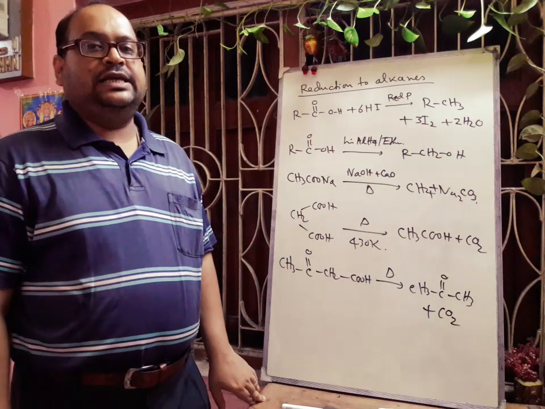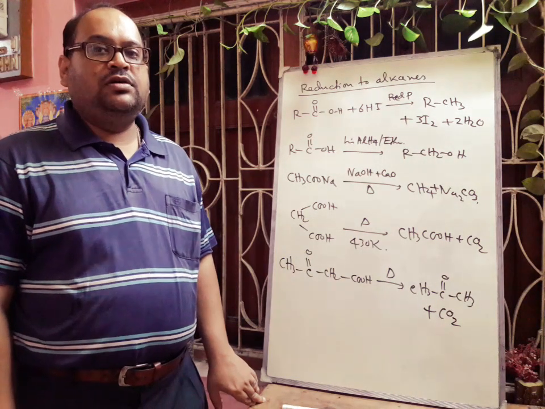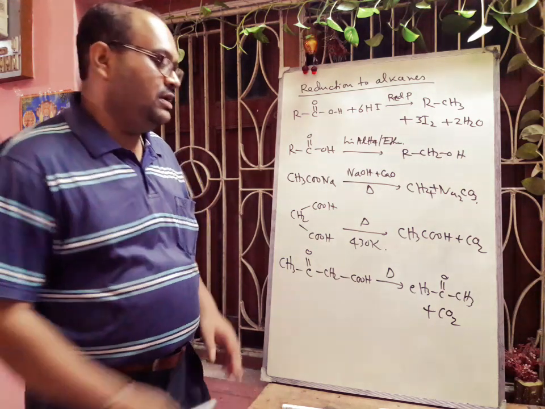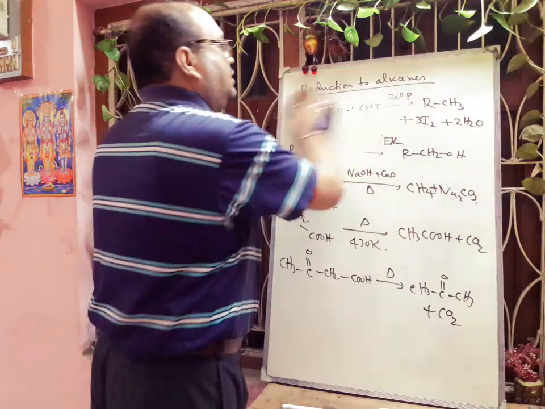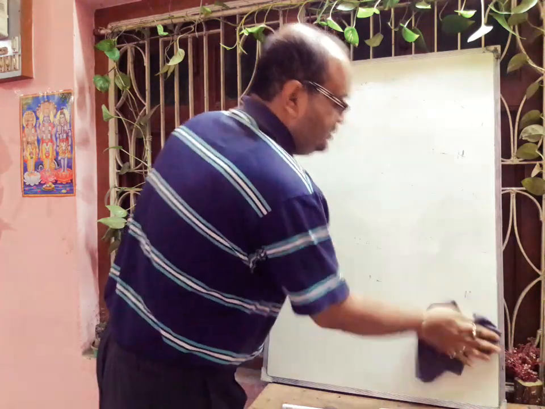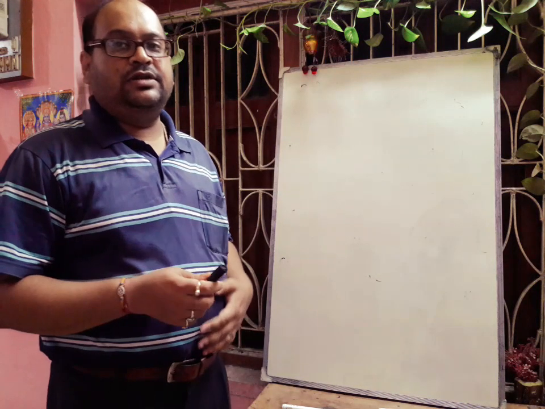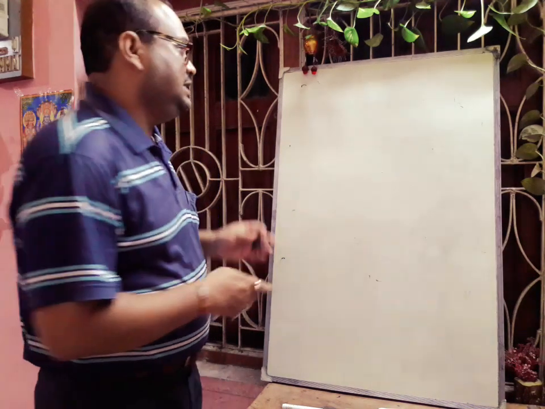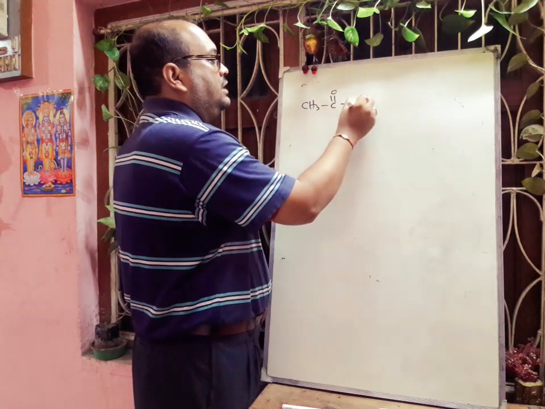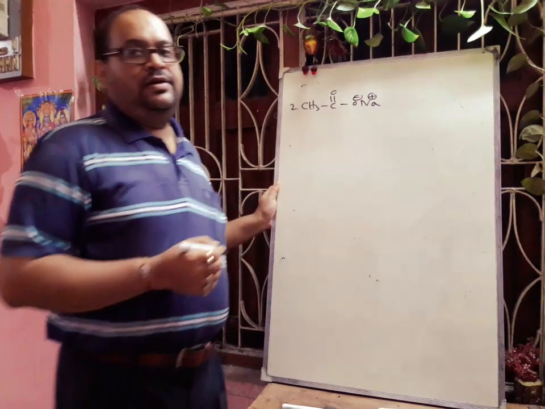Next we will discuss another reaction, that is Kolbe's electrolytic reaction. Aqueous solution of alkali metal salts of monocarboxylic acid yields the alkanes. Already in class 11 alkane part we have discussed this. Let me write the reaction so that you can understand. We have to do the electrolysis of the sodium salt of acid. Suppose we are taking CH3COO negative, Na positive. We take 2. What will happen?